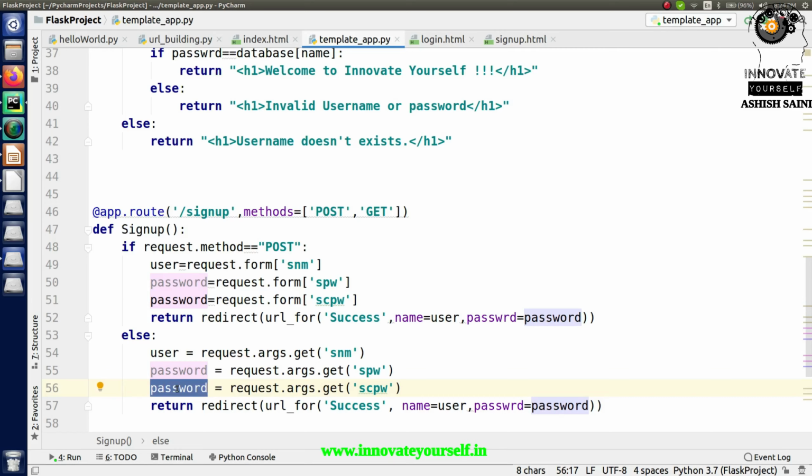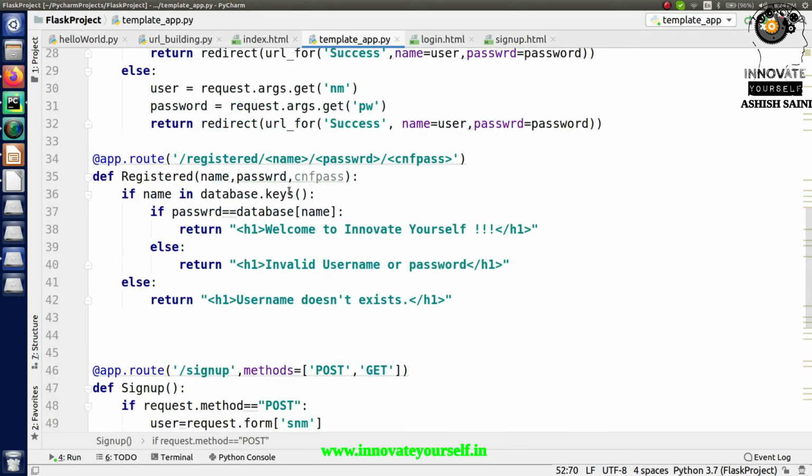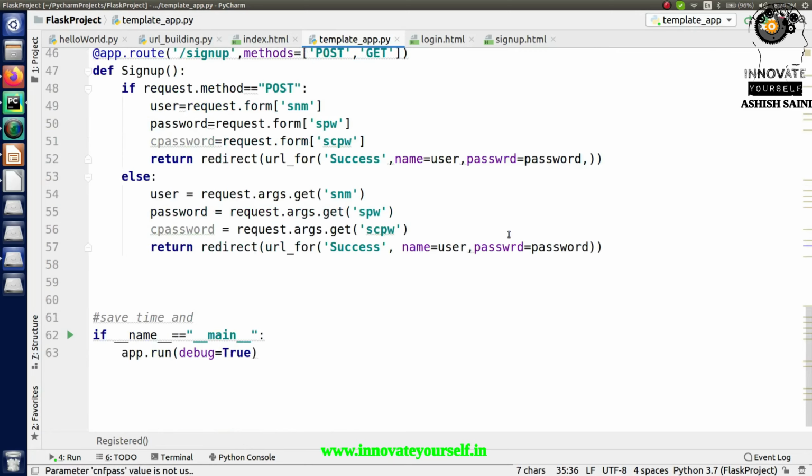So this is confirm password, this is also confirm password. And similarly pass for this also. Just copy this and paste it here, C password. Similarly do it here also, C password. So this is what I'm doing now.